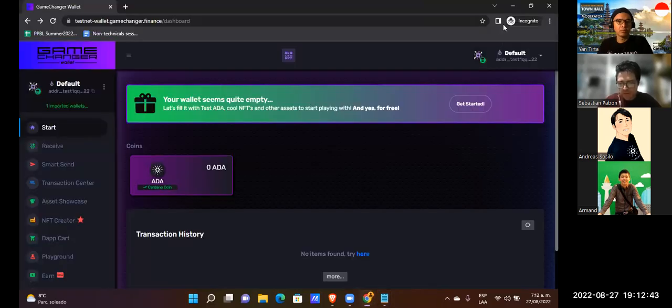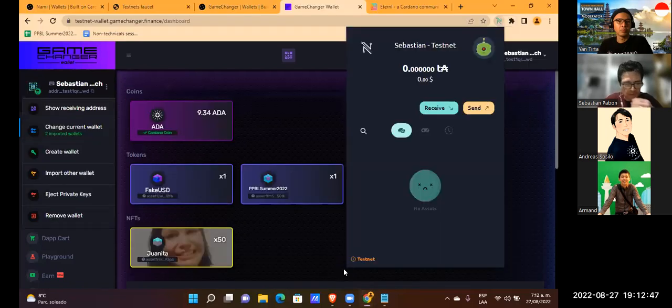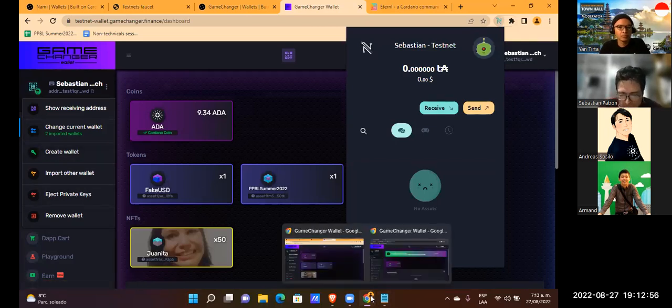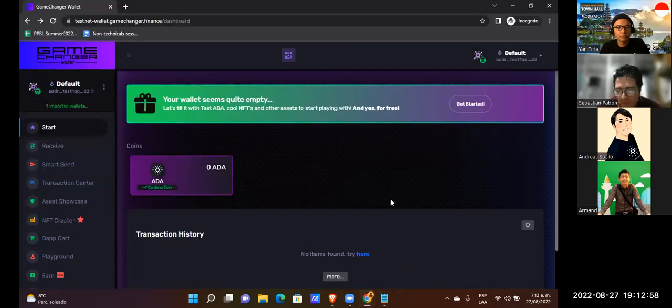I only use incognito because I have here another address I created in past days, and I want to see how a Game Changer wallet looks from the beginning.